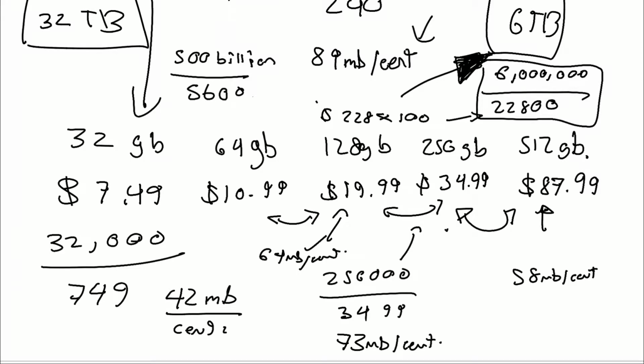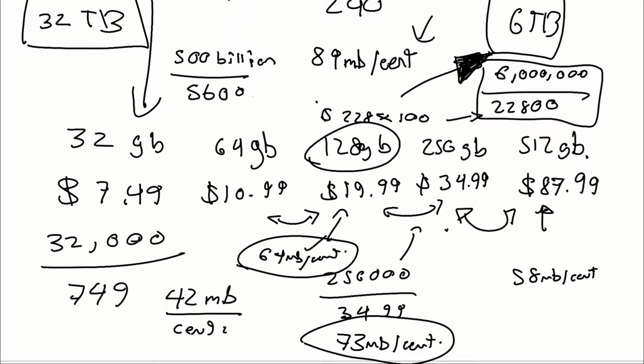So you can see that this one and this one are both cheaper. The 128 SSD card and the 256 SSD card are both cheaper than the 512 when we're looking at the cost per bit. So if all you care about is getting the biggest amount of space for your money, say you have a budget of $100 and you're trying to buy as much space as possible, then it's going to be a lot cheaper to buy as many 256 cards as you can. If you can spare a couple of pennies extra, you could buy 3 of those, and you would end up with 3 256 SD cards,